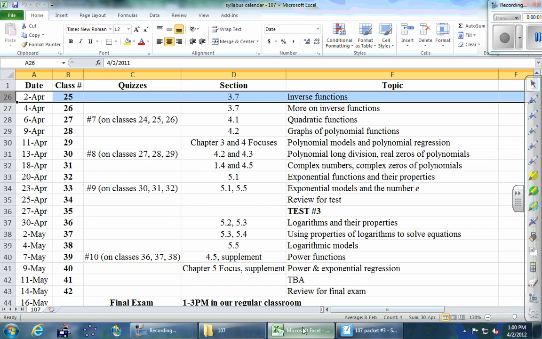Okay, so we'll start on page 9. First, our quick look at the calendar. Today we cover a topic called inverse functions. What do we cover tomorrow? More on inverse functions. So the fact that we have 2 days on one topic says this is an important